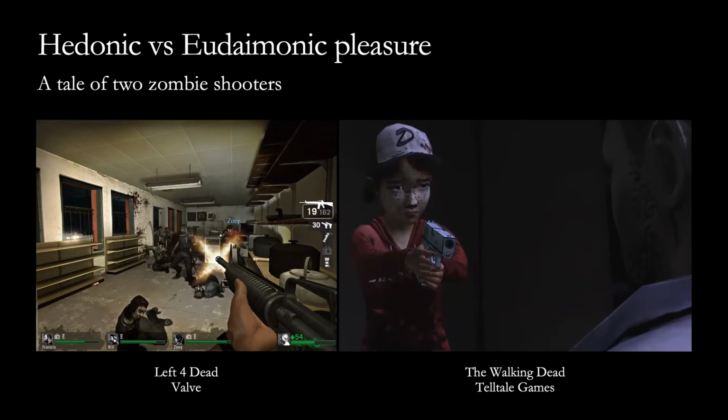Contrast this to The Walking Dead, which is what I call eudaimonic pleasure. The Walking Dead is not a fun running around killing things game. It's a dark and difficult story, and navigating choices in The Walking Dead presents you with a lot of challenging ethical decisions to make. And so this is where we talk about eudaimonia. Eudaimonia is less about raw, visceral, enjoyable pleasure, and more about the difficulty of growing as a human being, if you like. At the end of the day, eudaimonia is about becoming better people.